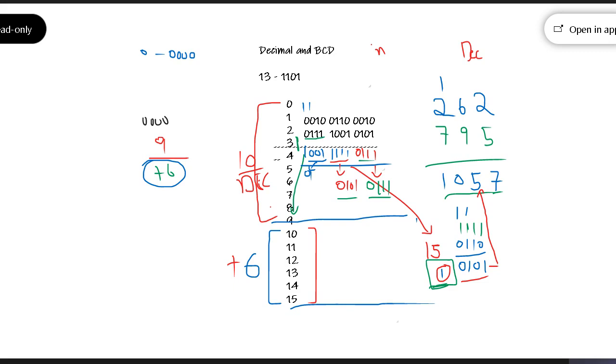So what if we just add the carry to 9? It will become 10. So basically you just add that particular value 1 here, then it will become 10. How do you represent that particular thing? Or you can even do this. Now this value is 1001. If you add 6 to it, what happens?